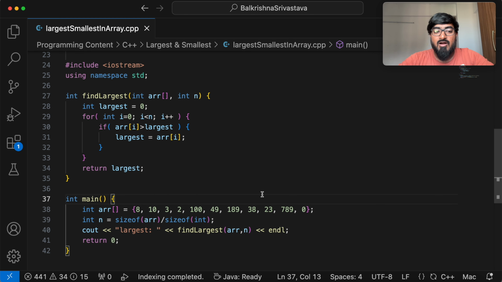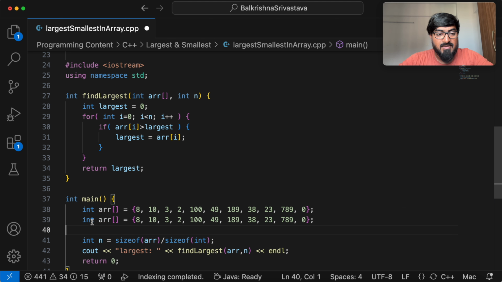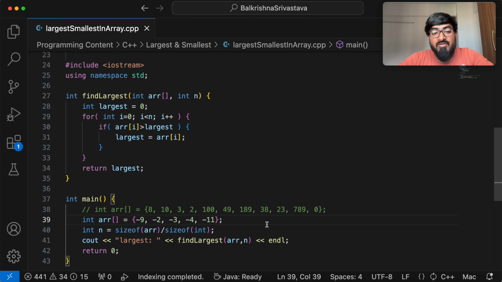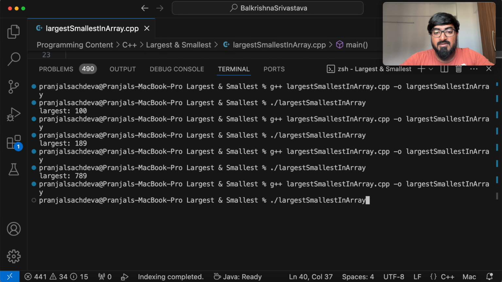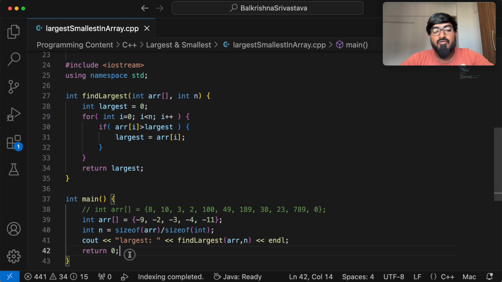Okay, all right, I'll take one more example. Instead of this, I have my ARR as minus 9, minus 2, minus 3, minus 4, minus 11, all negative values. In negative values, my largest is going to be the closest to 0, which is minus 2. So when I compile and run this, my largest comes out to be 0, which is